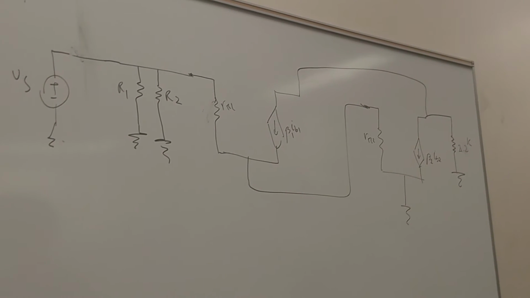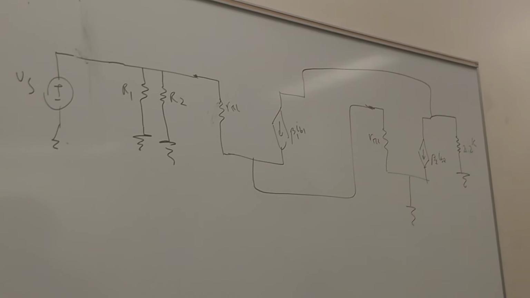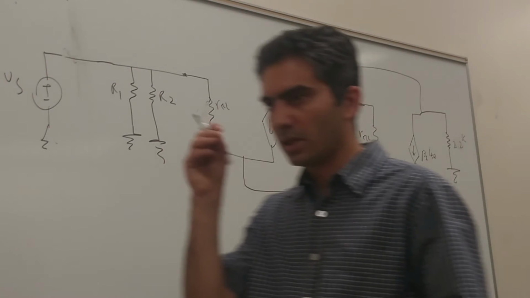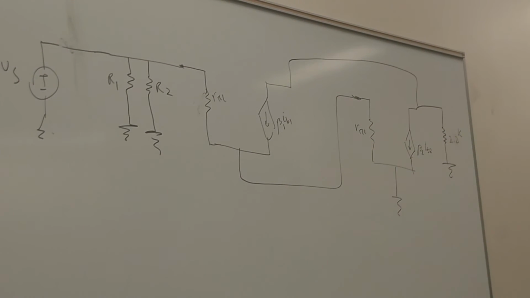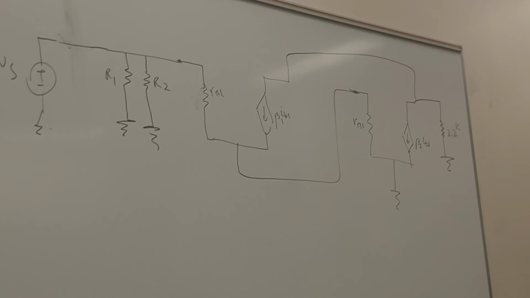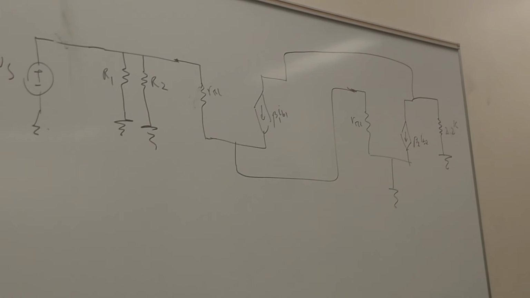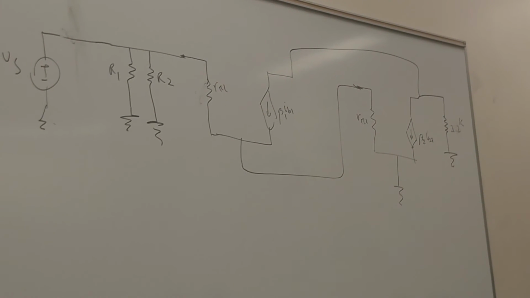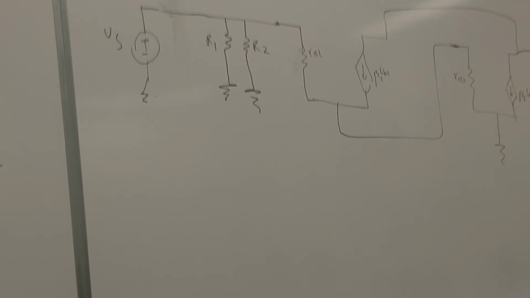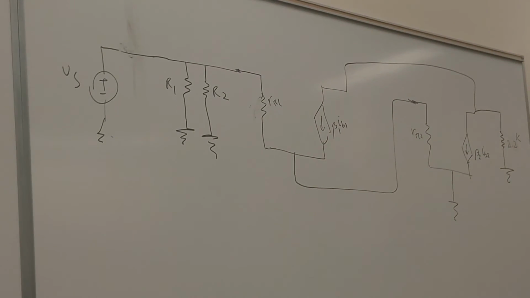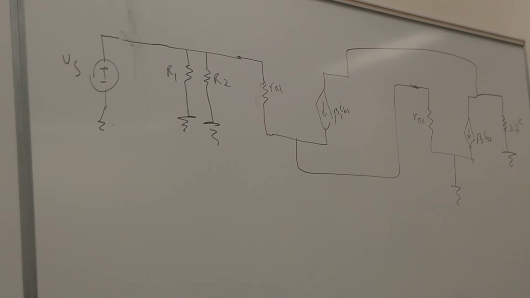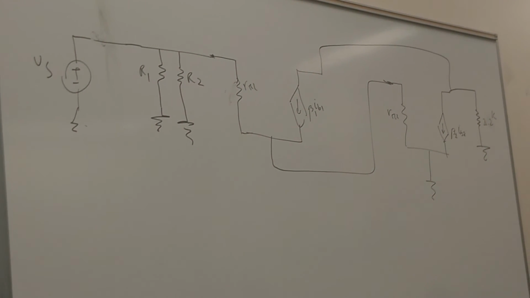That's how you draw any small signal. So when you start, just start with the model for the transistor. If you have one, draw one. If you have two, draw two. Now, in this case, you have two that are kind of connected to each other, so it makes sense to do it this way. For some of these, like the last one, I wanted to actually do the last big